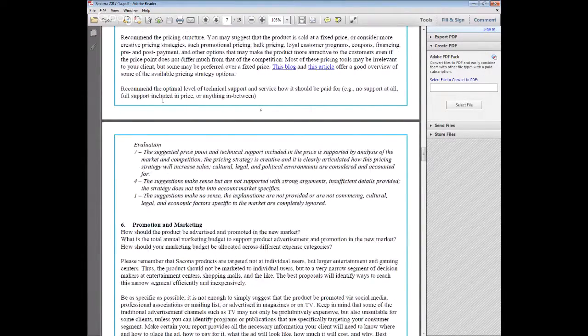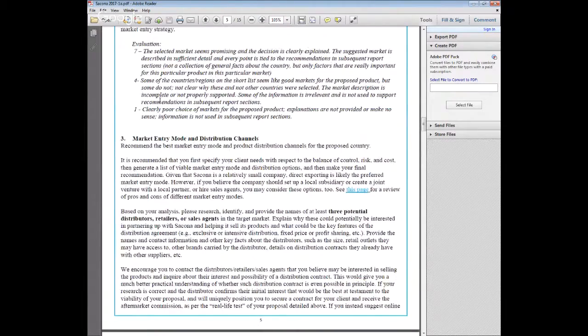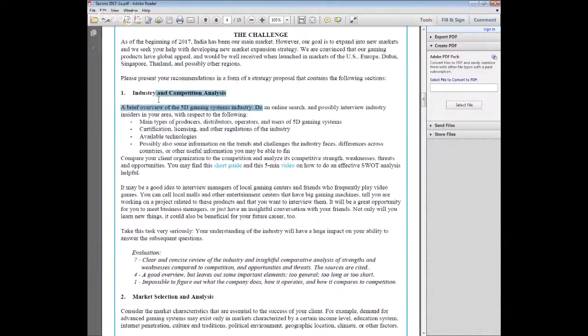One thing that I missed, and that's something that most companies want: when we do the industry analysis, not only do we usually ask the teams to analyze how this particular company compares to the competition, but in many cases, the companies also ask to conduct a little survey of potential clients. So they literally would say, like Sakona, for example, big 5D gaming stations. They would be in malls, as I said, maybe in gaming centers, in entertainment centers.